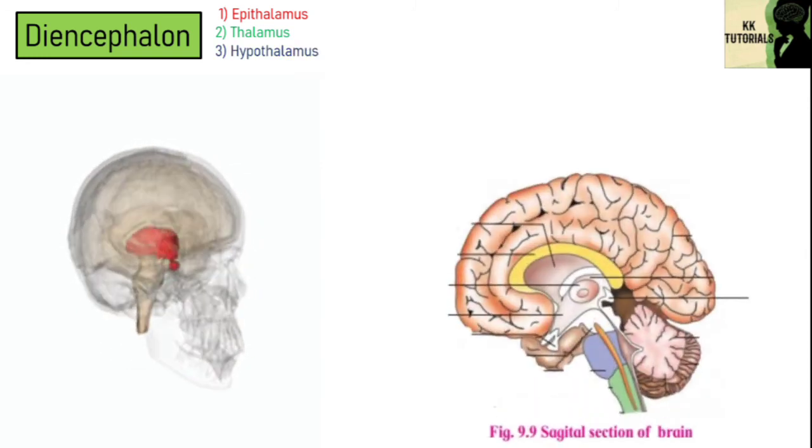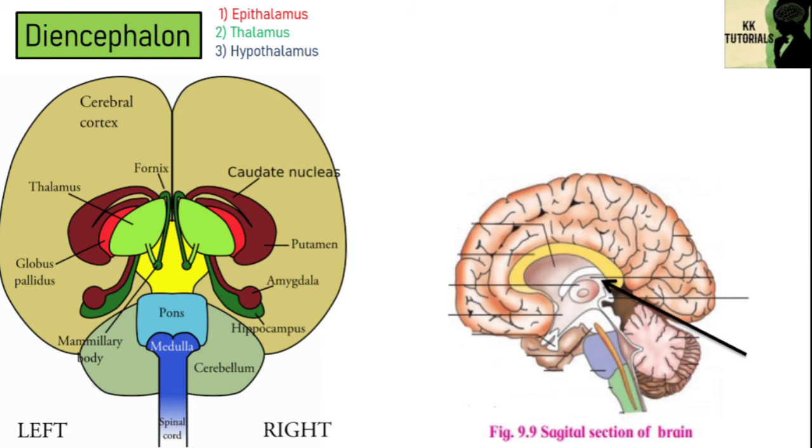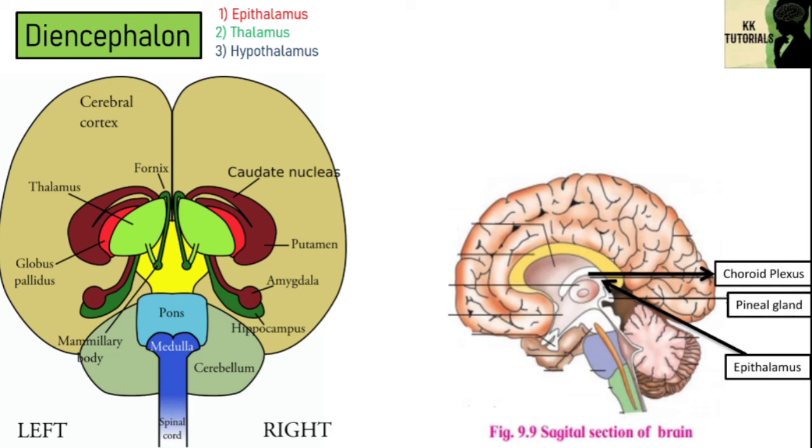Epithalamus is the thin non-nervous roof of diencephalon. Anteriorly, it is fused with pia mater to form the choroid plexus, and from its dorsal wall, it is connected to pineal gland. Earlier, this gland was thought to be vestigial, but later it has been found that it produces melatonin, which is sleep-inducing hormone and also related to reproductive behavior.